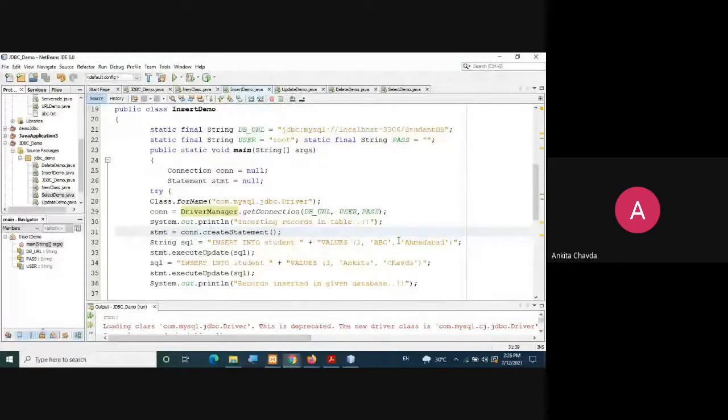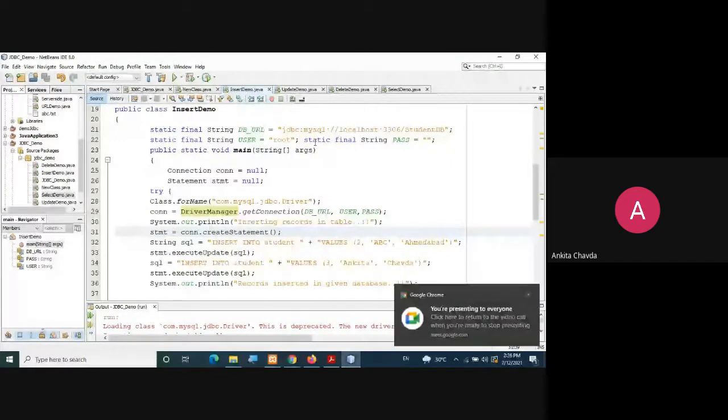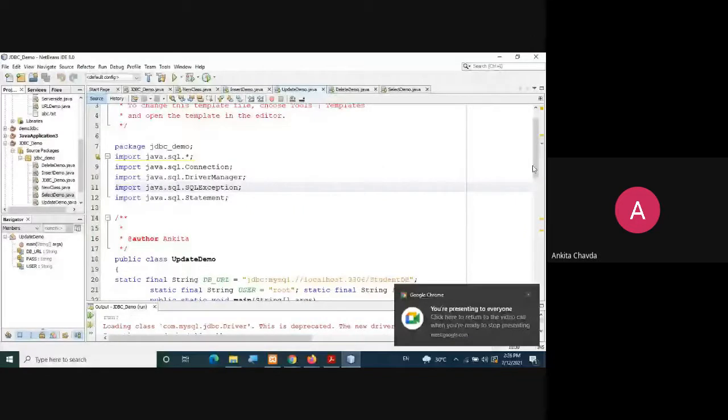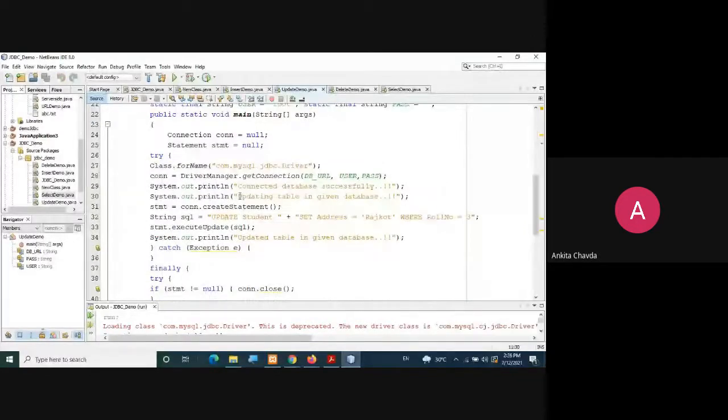So for the update query, what I need to do, again the same program, right? Nothing is changed. Here I'm just writing the other statements like updating the tables, and again we have connection dot create statement, right? But here only the query will get changed.